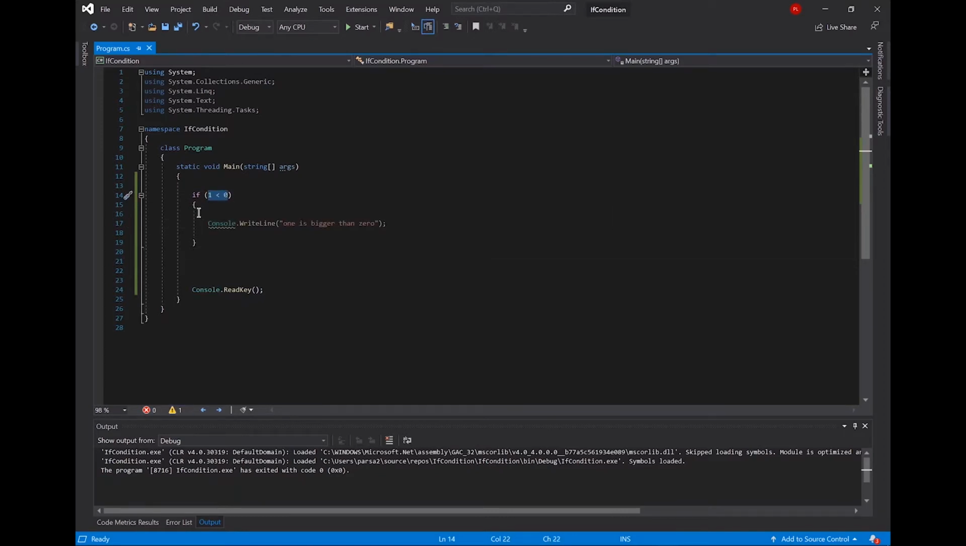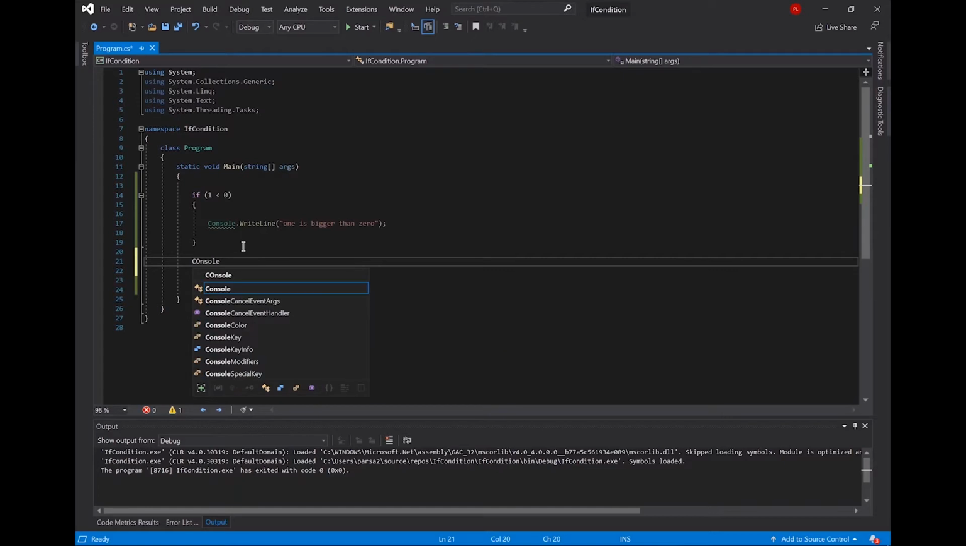If the condition is true, the computer will do whatever we write here. Okay, but if the condition was not true, the computer will ignore everything here. And exactly like this. Let me write something for you guys to see this. Console.WriteLine